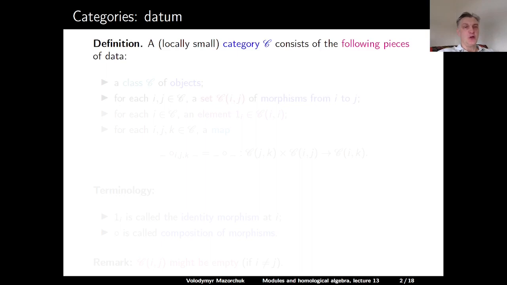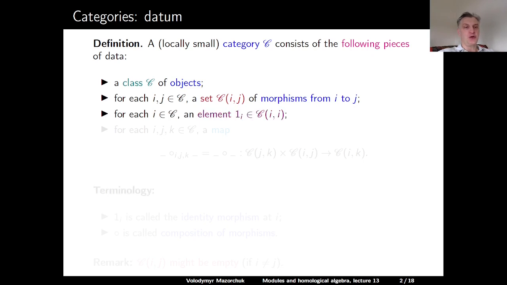Definition: a locally small category C consists of the following pieces of data. First of all, we have a class of objects, which is usually denoted by C. Then, for each pair of objects i and j in C, we have the set C(i,j) of morphisms from i to j. Then, for each object i in C, we have a fixed element 1_i, which is a morphism from i to